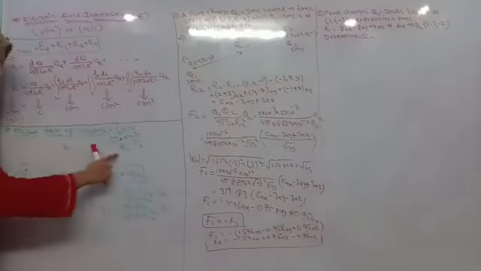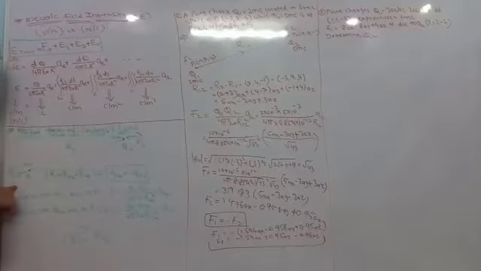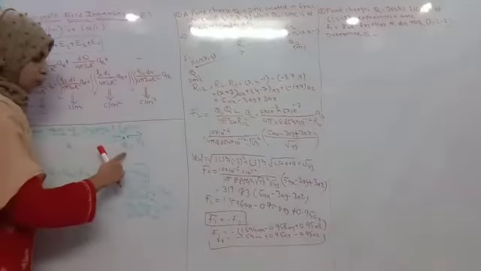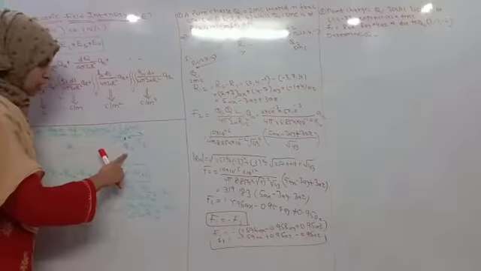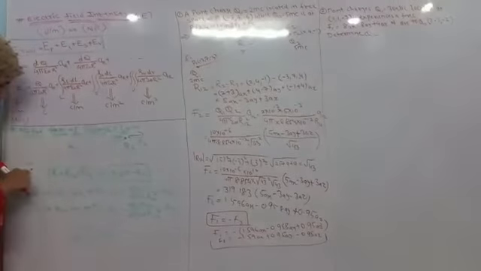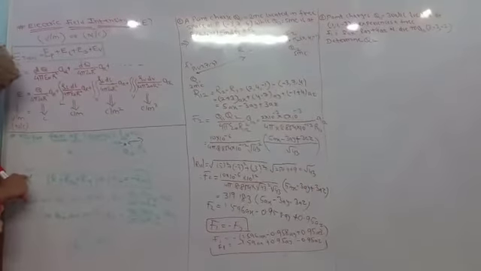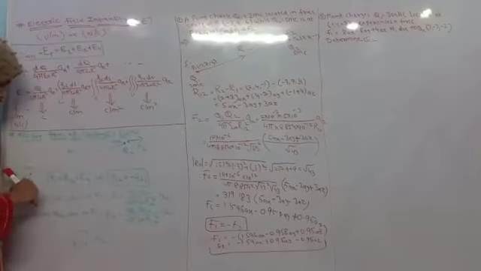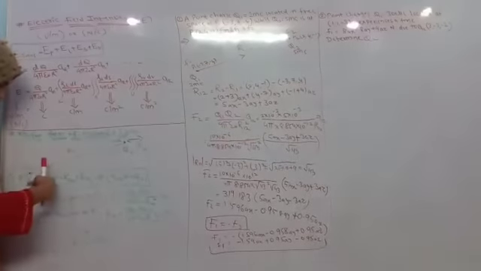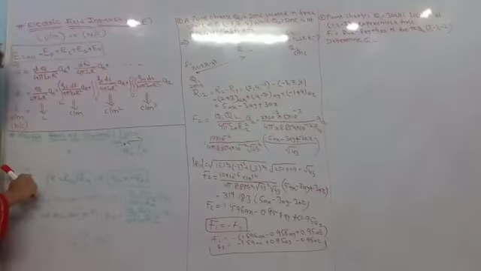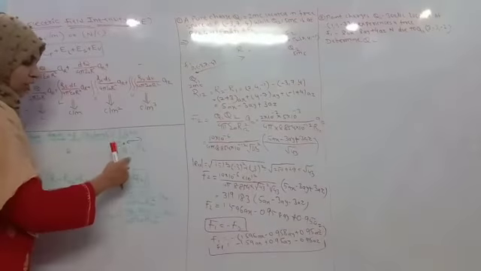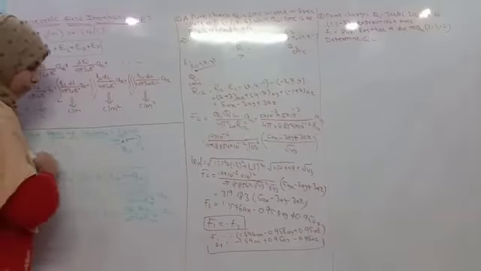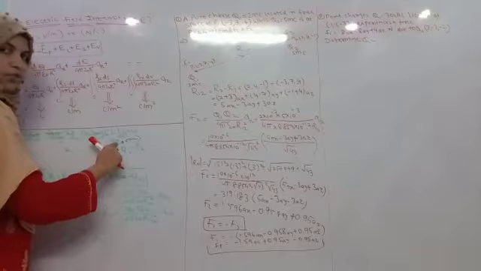One is the Q1, the other is the Q2. The force exerted on Q1 is F1, whereas the force exerted on Q2 is F2. The unit vector is the direction shown here. If we are thinking about 1, the force will be exerted towards here. That's why I have taken 2 minus 1 here. Whereas if my focus is 2, the force will be coming from the first side. That's why here it will be 1, 2.